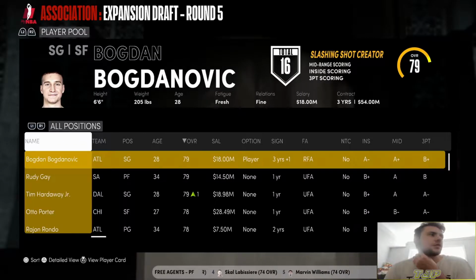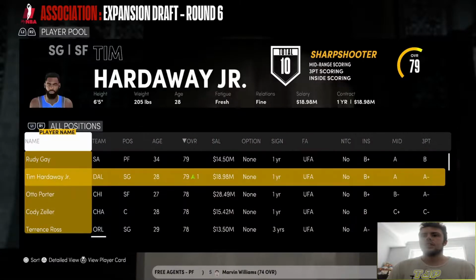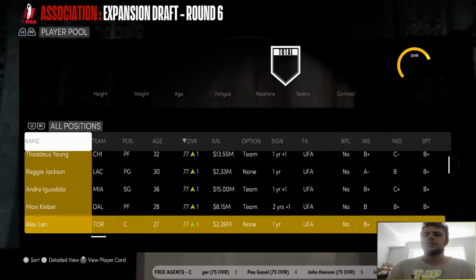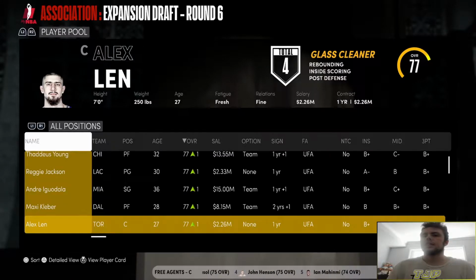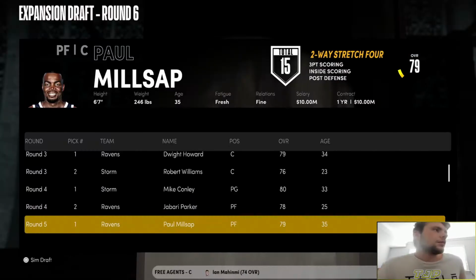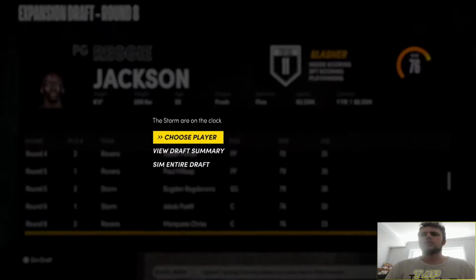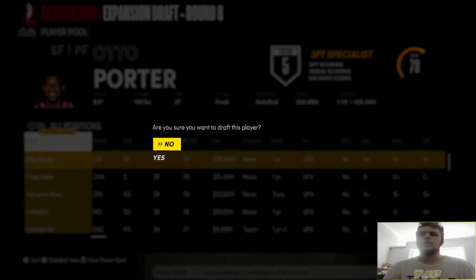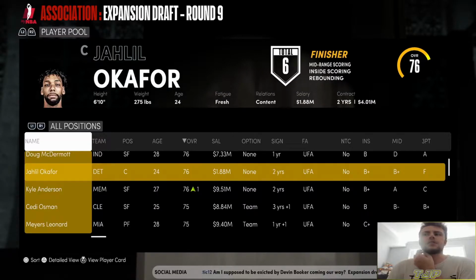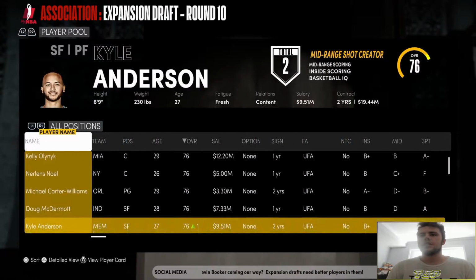I'm going to pick up Bogdanovic. And then I'm also going to pick up my drafted players. Does it not give me a team? That's really annoying. I was going to pick up... Let's pick up Jakob Poeltl. He could be a nice little center to have on our team. I'm going to pick up Tim Hardaway Jr., and I'm also going to get Otto Porter as well. Both of them are kind of on expiring deals, and, you know, they make our team a little bit decent. This might surprise people. We're going to go with Jahlil Okafor. And then we're also going to go with...